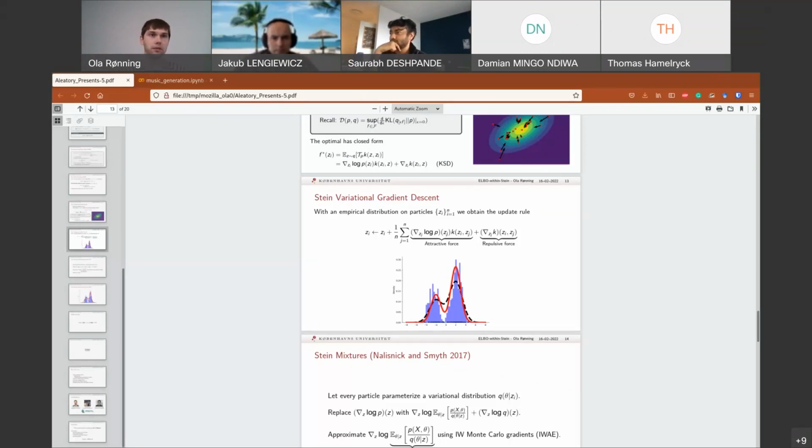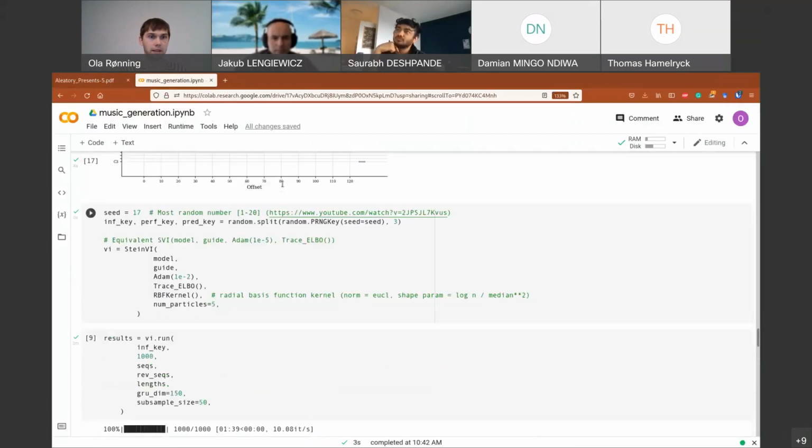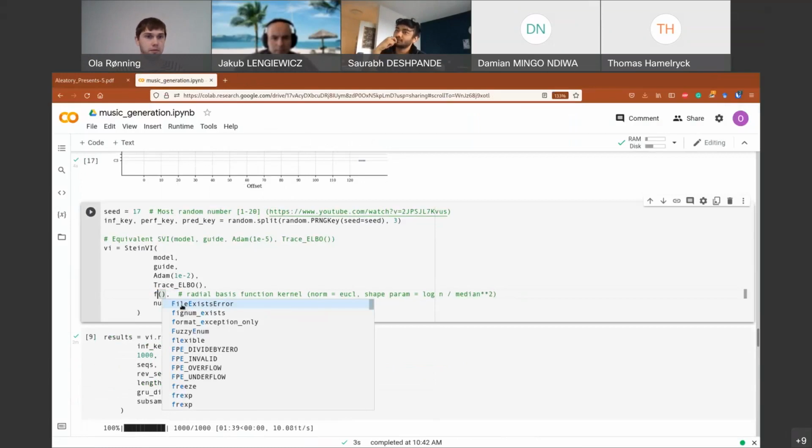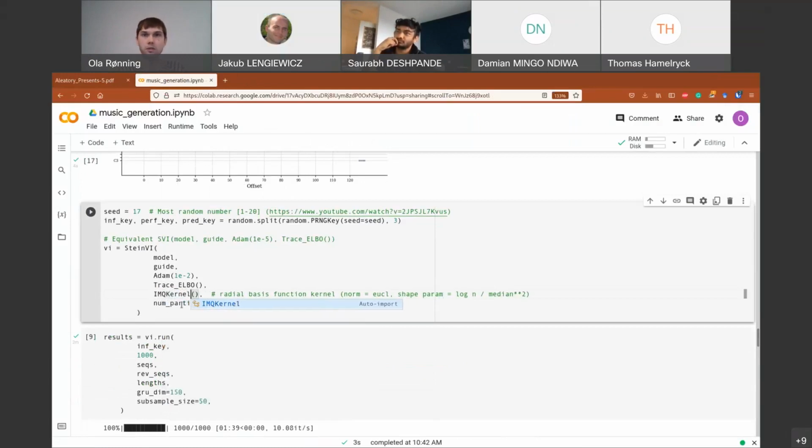So you'll do something like an RBF kernel, and then you could do a Q kernel. That's the one. So some of the pain is taken away in that you don't have to code them yourself, unless you want something very specific and custom. But yeah, no, it's certainly a